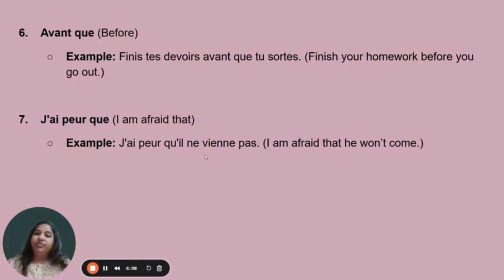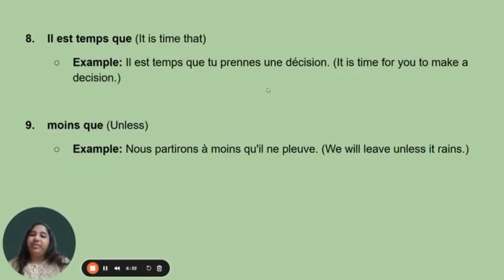Avant que means before. Finis tes devoirs avant que tu sortes. Finish your homework before you go out. So when you are using avant que, after that you have to use a different subject, and with that the verb sortir should be the conjugation of the subjunctive. Okay, right. Then